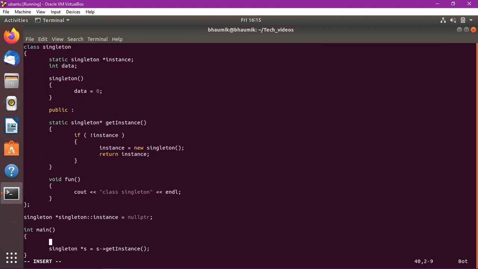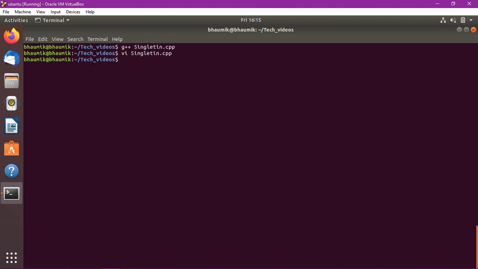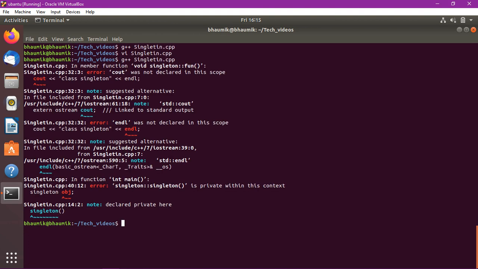Also we will try to create one object of this class. The compiler will not allow us to create the object of this class. See, so many errors.